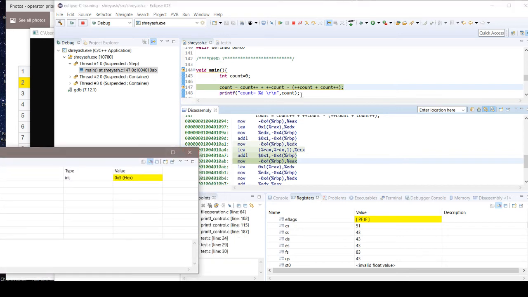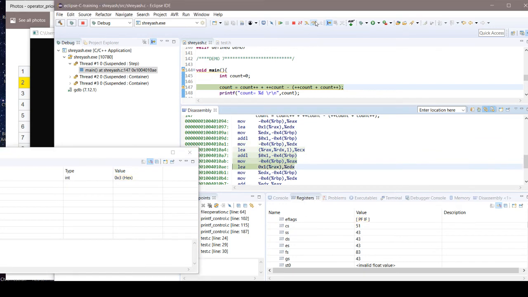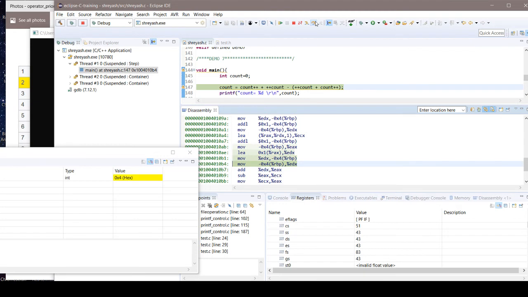What we need to know is that count is 0, after that it will become 2, here count will become 3, and here it will become 4 after this, because this is the post-increment. But due to the bracket you need to check whether this 4 is added to 3 before subtraction. We will notice the moment it becomes 4. Okay, it is already 4 now. After that it is being added, then subtraction.